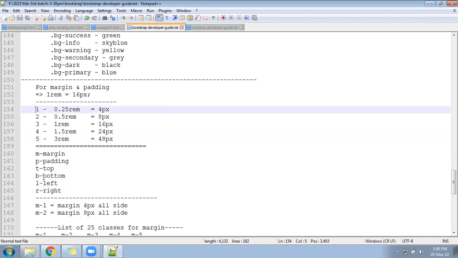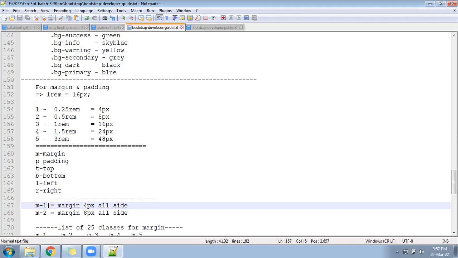Now come down. When we say m-1, what is it going to represent? M for margin, and 1 for 4 pixel.